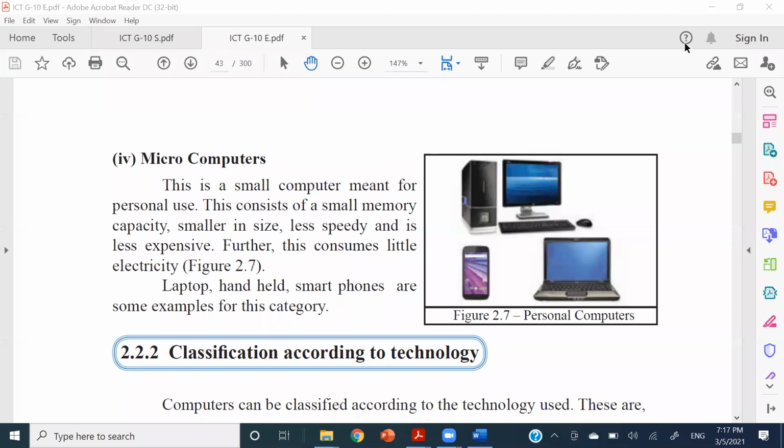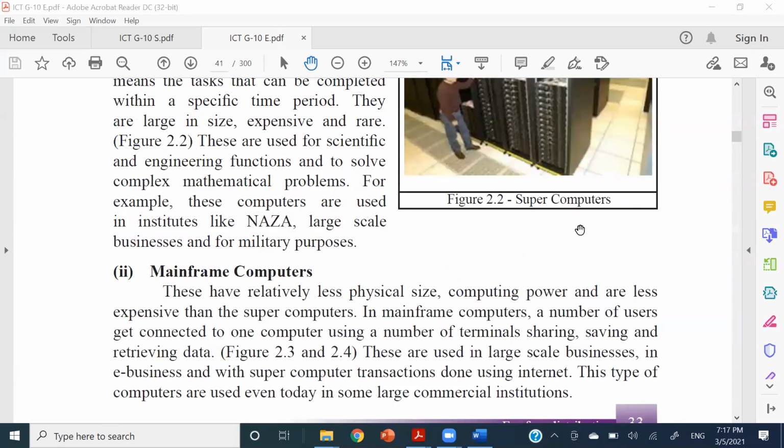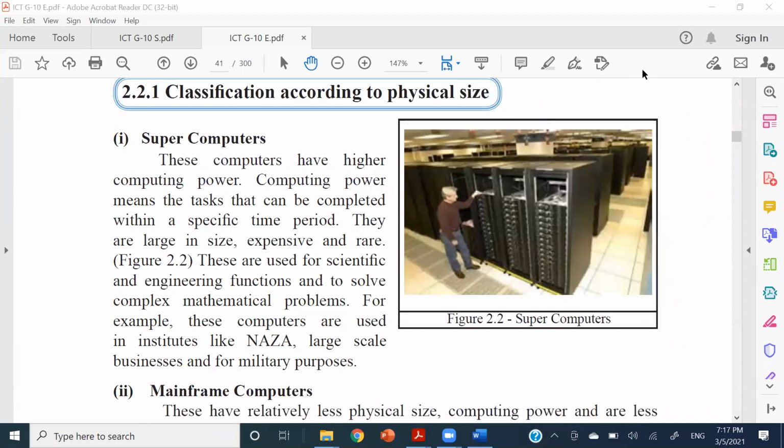Okay, people, is that clear? Categories four, clear? There are four of them by size. The biggest one by size is the supercomputer, right? The most expensive is the supercomputer. The one with the highest power consumption is the supercomputer, and the fastest is the supercomputer, right? So from supercomputer to mainframe, it's getting a little bit lesser, right?